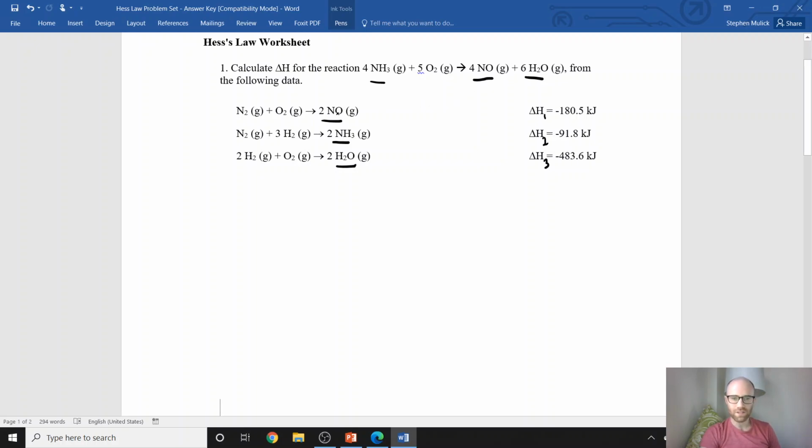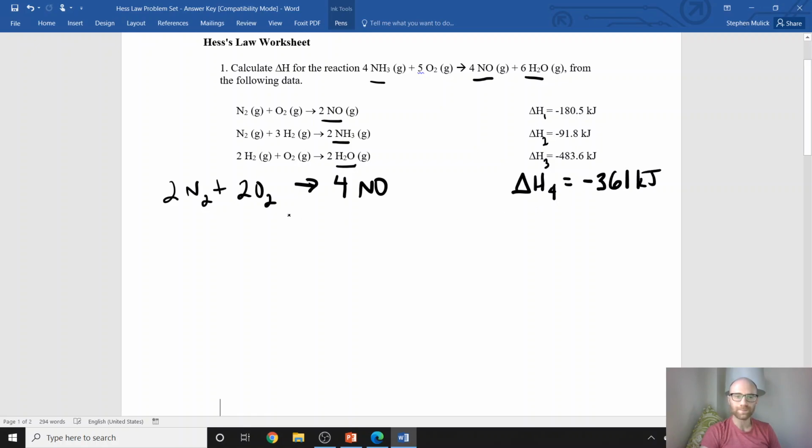So the first thing to do is with delta H1, this first reaction, I'm going to need to multiply it by 2 to make sure I have 4 NOs. So we're going to have 2N2 plus 2O2 yields 4NO. And this delta H, we're going to call it 4, I'm going to keep numbering sequentially, should be double this, so negative